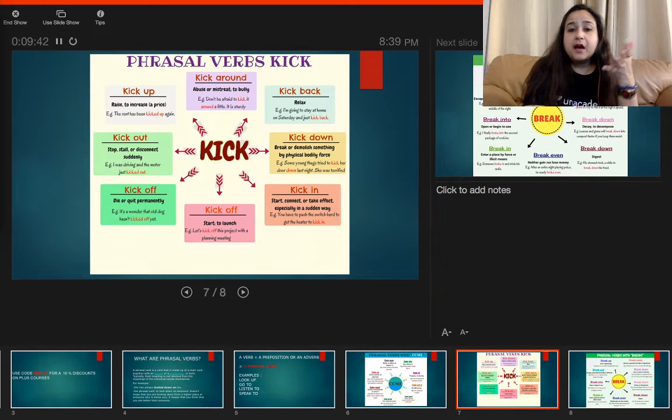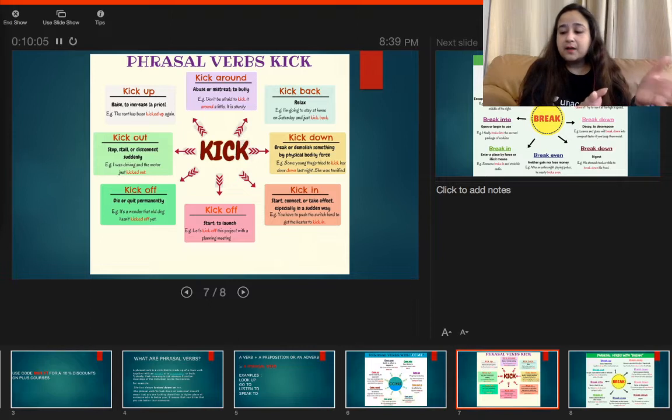So he kicked down the toy that the children had made. So physically, if you just break something, and especially by your leg or something, then you are kicking down, you're breaking something. Okay, so like some child has made a small toy house or something, and the elder brother or sister comes and just kicks it down, so just breaks it. Okay, demolishes it or breaks it.